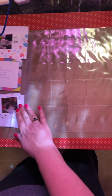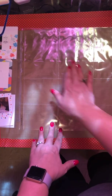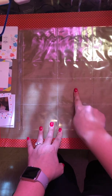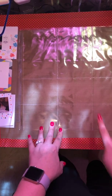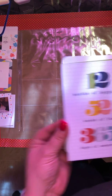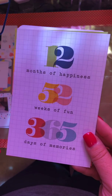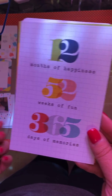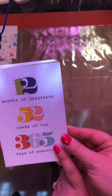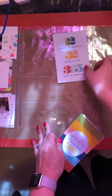And then for the other parts, so this is a different one now. We've got 4x6s going vertical and 3x4s horizontal. So I liked this. 12 months of happiness, 52 weeks of fun, and 365 days of memory. Now, it's leap year, I know, but it's fine. It's fine. So I thought maybe I would put,